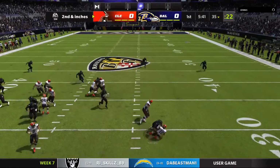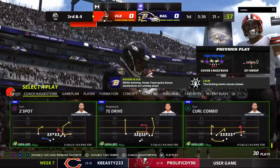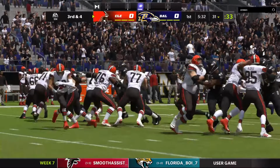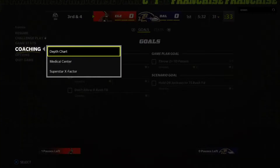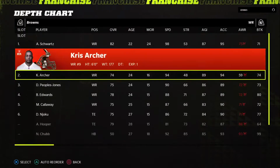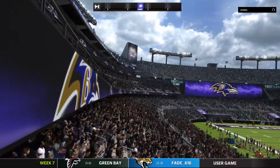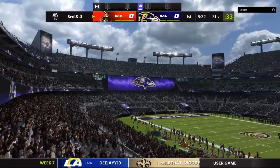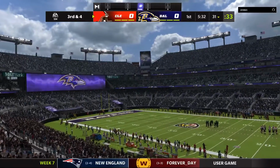Well, they'll run it here on the jet sweep, and he will lose yardage here to the 31-yard line. That second down play nets a -4. Well, as a wideout, when you take that handoff and you're coming around the edge, you're expecting to see nothing but empty space in front of you. But if not, well, things can go south in a hurry, and that's exactly what we saw on that